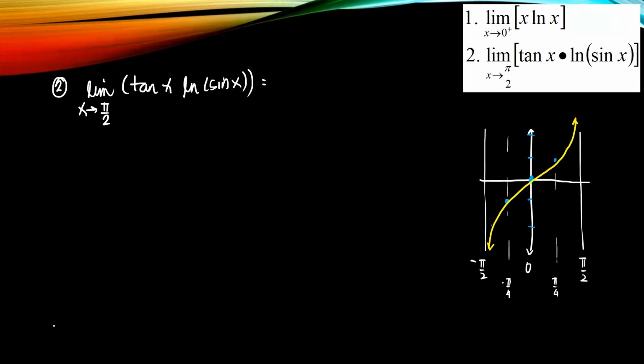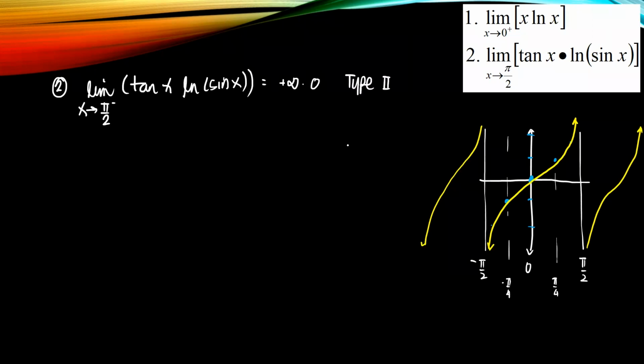So, if, for example, you want to extend the graph, it's like that. It's like that. Okay. So, what is the tangent of 90 degrees? It goes to positive infinity, right? If it's a bit less than 90, so this is 90, a bit less, it's to the left of this. That means it's going to positive infinity. So, sine of pi over 2, what is sine of pi over 2? It's 1. Ln of 1, that's 0. So, this is type number